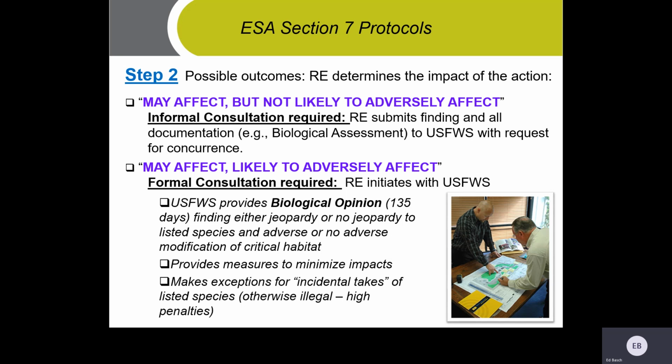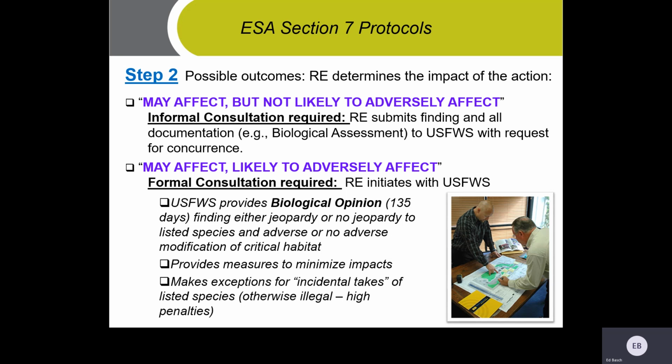So the RE determines the impact of the action: may affect, but not likely to adversely affect, or may affect, likely to adversely affect. Again, may affect is the vast majority of what we see when this comes up at all. Informal consultation is required, and there are forms to send to Fish and Wildlife, and they will concur, hopefully, with your finding.